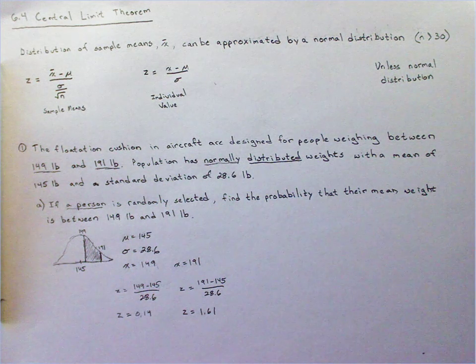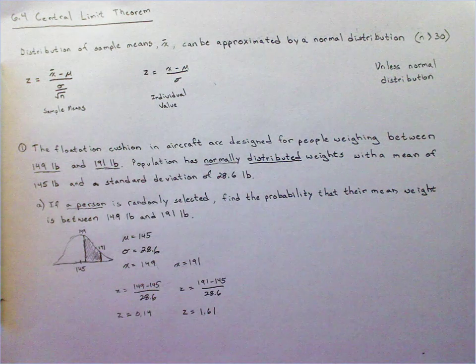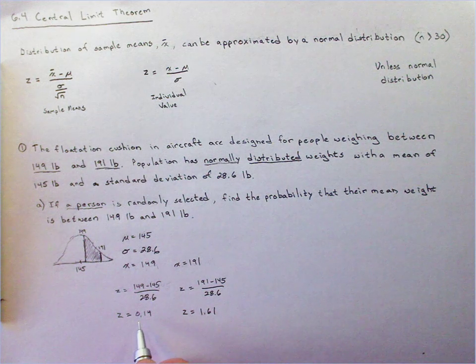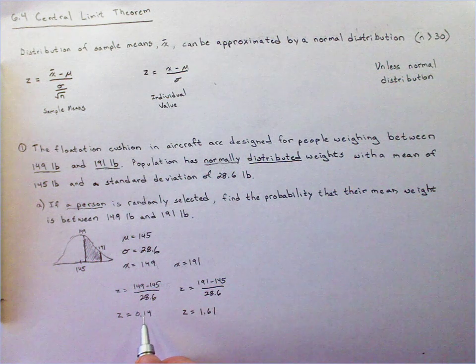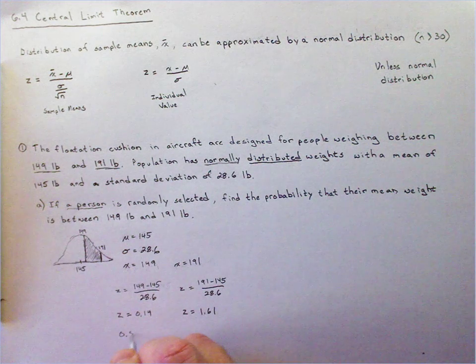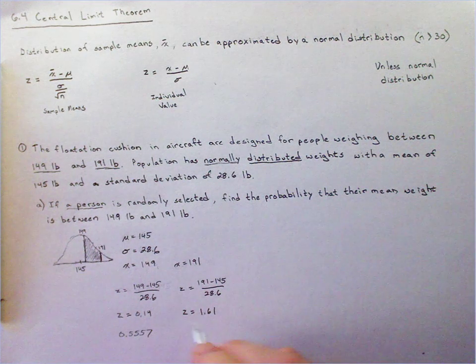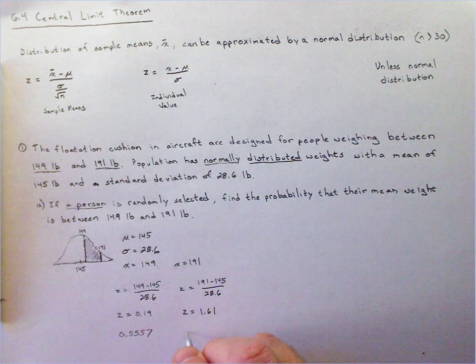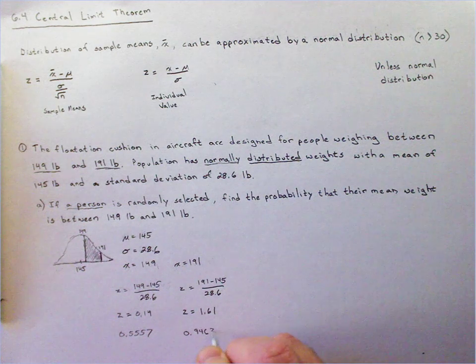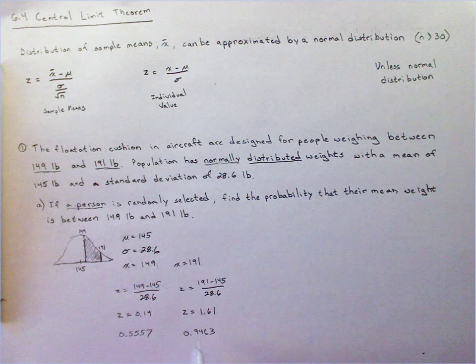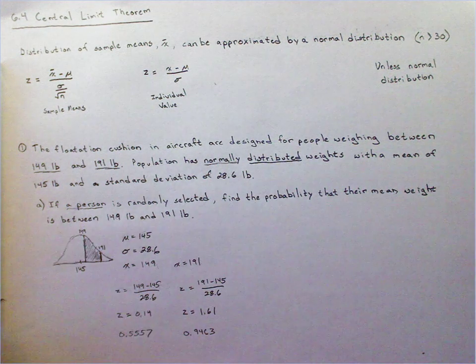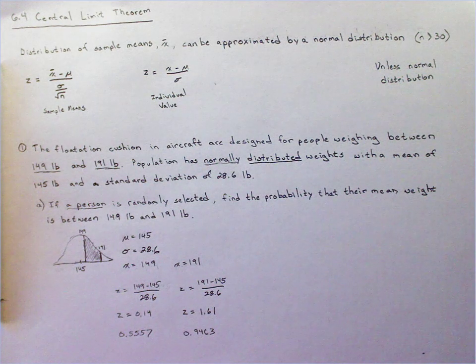Now I use my table. Let me get my table out. So 0.14, 0.5557, and a z-score of 1.6, so 1.61, 0.9463. And what I'm going to do is subtract from the 0.9463 the 0.5557. So 0.9463 minus 0.5557,